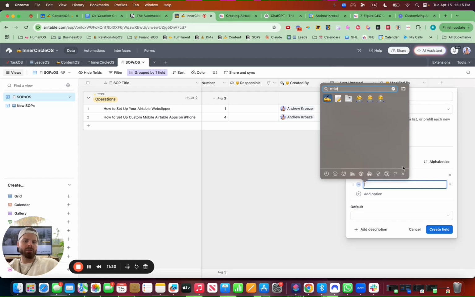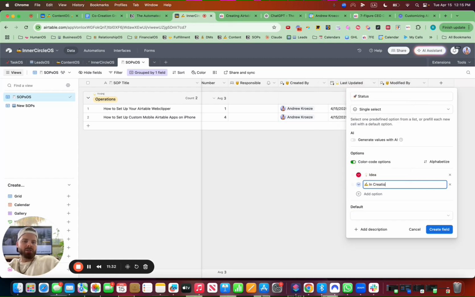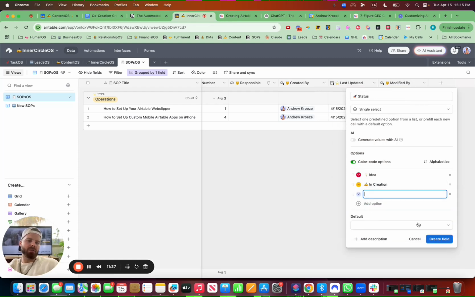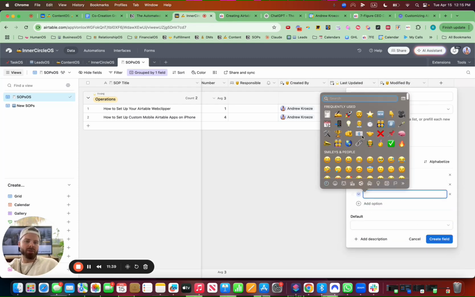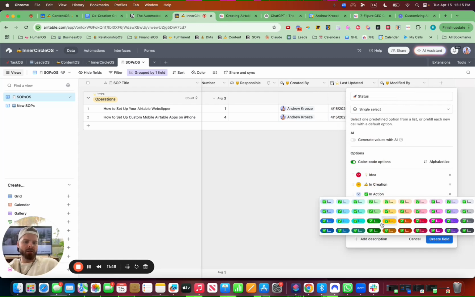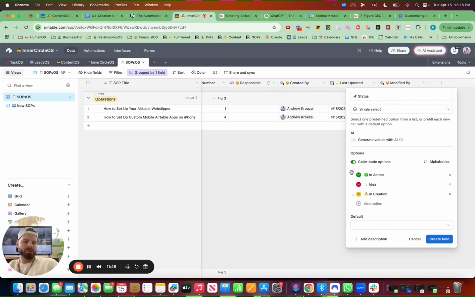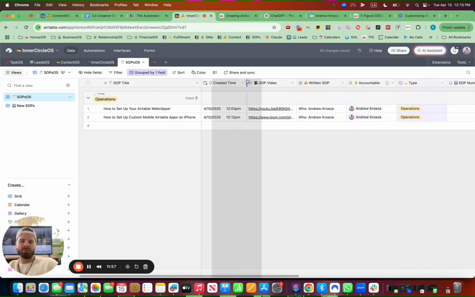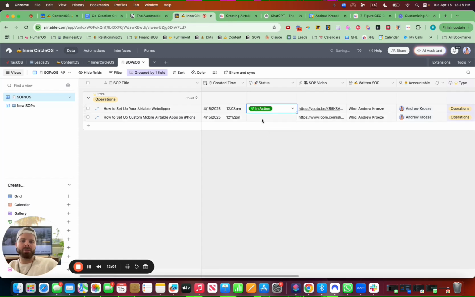In creation. Sweet. And then we can do in action. And let's make it green. Just three simple steps to make it super easy, and we can default this as it goes in as idea. But these are pretty much done. So in action,